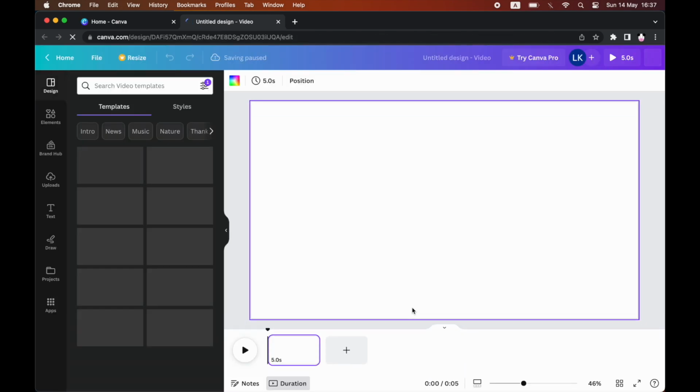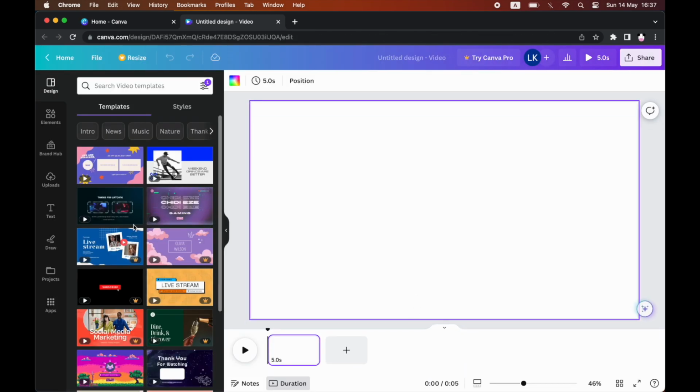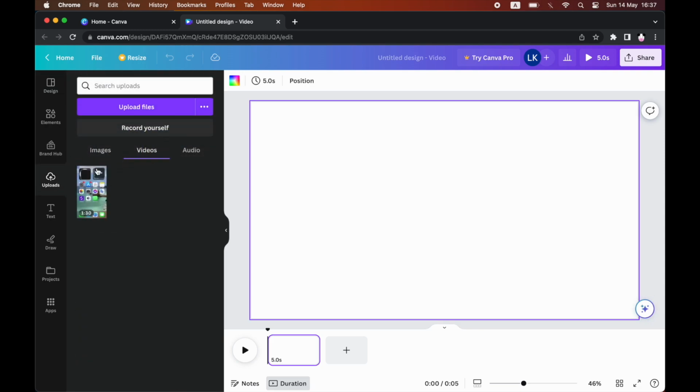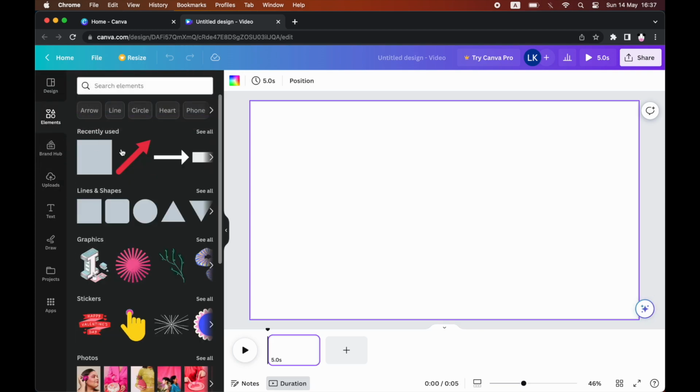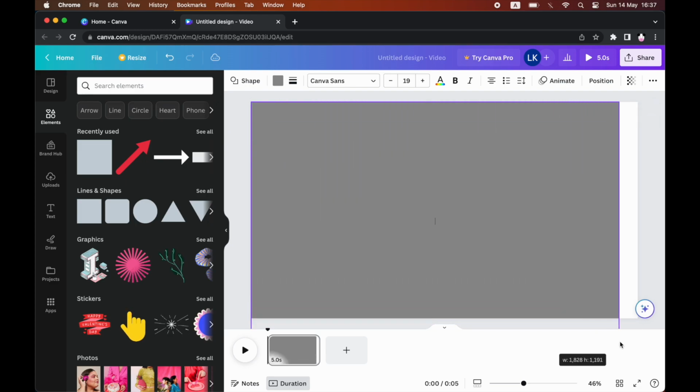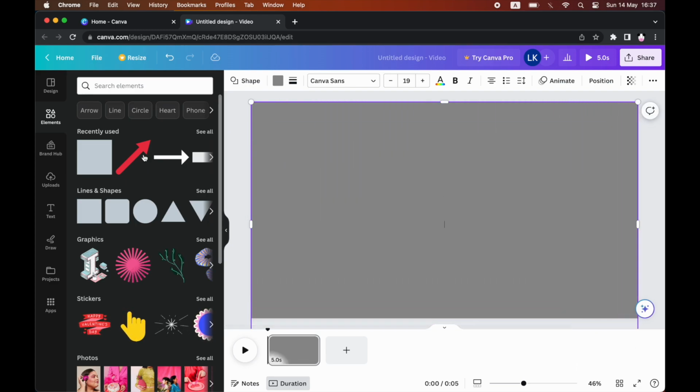Once you've clicked into this section here, you've got a bunch of templates and things on the left hand side. You can go on your uploads as well. You can do elements. So let's say you want to do a video of like your phone screen. So as in, you want to do like how-to video like I do on my channel. What you want to do is you can like make it like a background like this, and then you can